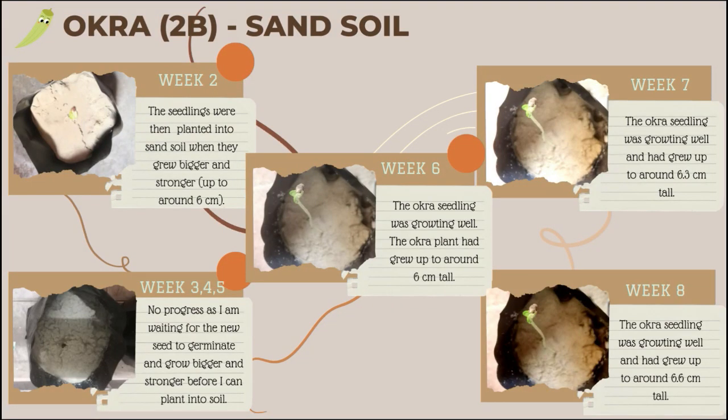Now I'm going to talk about sand soil under parameter of soil types. Sand soil is a type of soil with weak structure or no structure, low in nutrients and have a poor water retention property. I've planted 2 okra seedlings during the start of week 2 as the germinated seedlings have